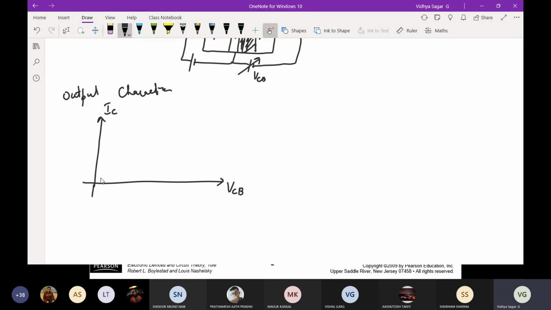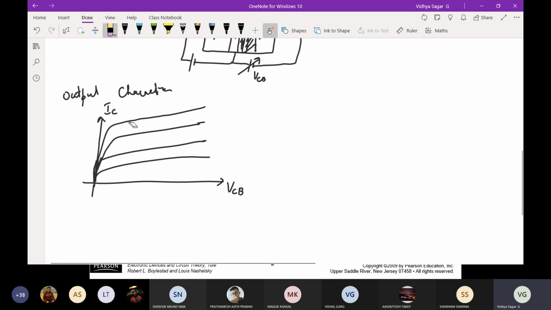So what will be the characteristics? I hope most of you have seen it. That's why for input itself you are answering something like this, right? So after a particular point, you say the current is in this fashion. If I'm not wrong, I think somewhere you might have seen this. I'll explain why you're getting this kind of characteristics. So now coming to, sorry, it is not something like this.